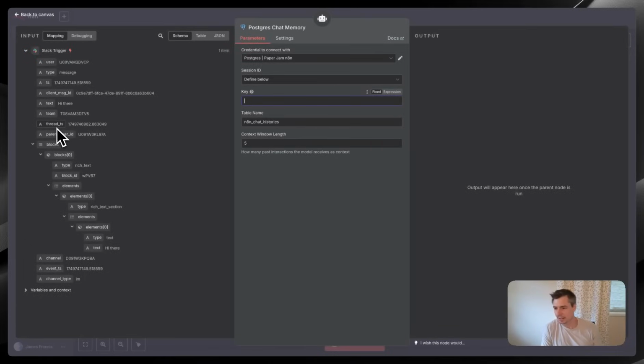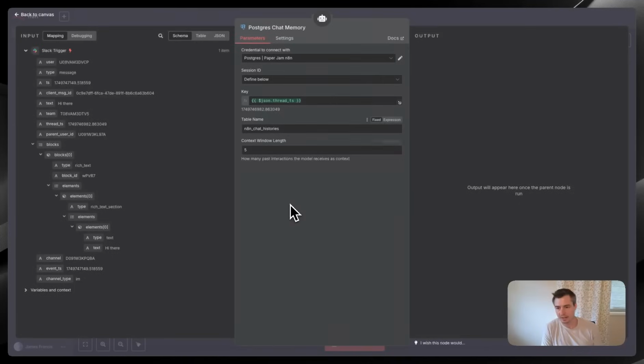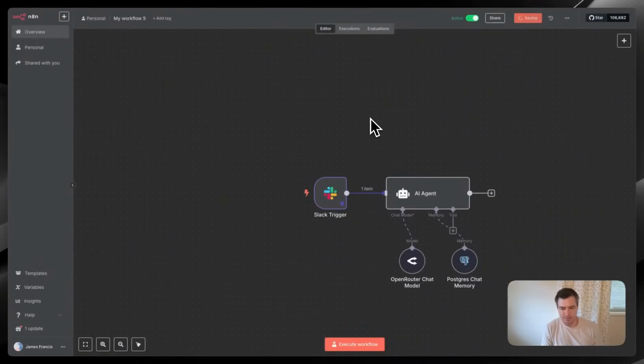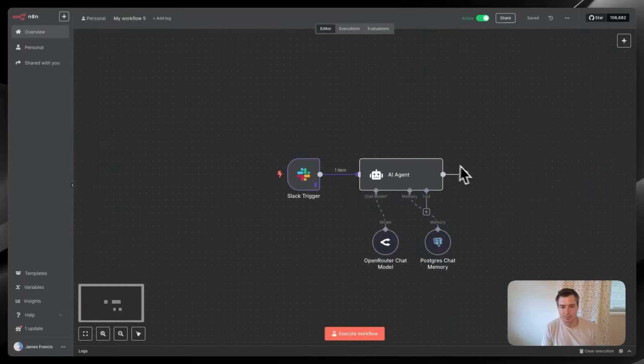So this thread timestamp is effectively the thread ID. This is going to be consistent for all messages within a particular chat. So that is what we want to identify as the key. In my database, I think the table name is just chat histories, and the context window length is fine at 5. So now we've built the agent, and we just want to respond with the agent's response and post that